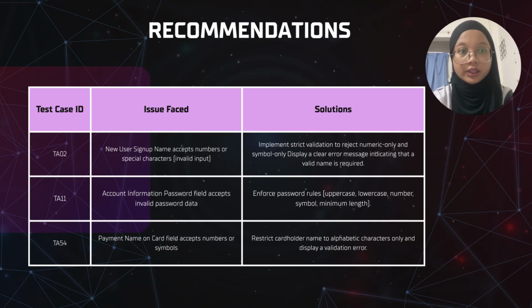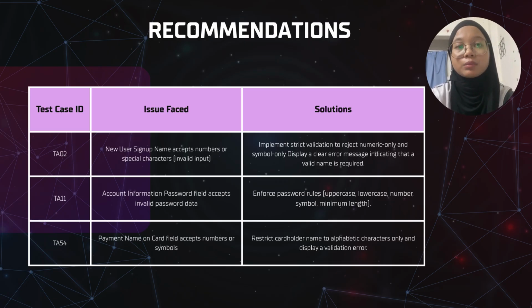The system currently accepts numbers or special characters in the name field, which is considered invalid input. For example, names like 12345 or symbols are allowed even though a valid name should contain alphabetic characters. For the solution to this issue, the system should implement strict input validation to reject numeric-only input